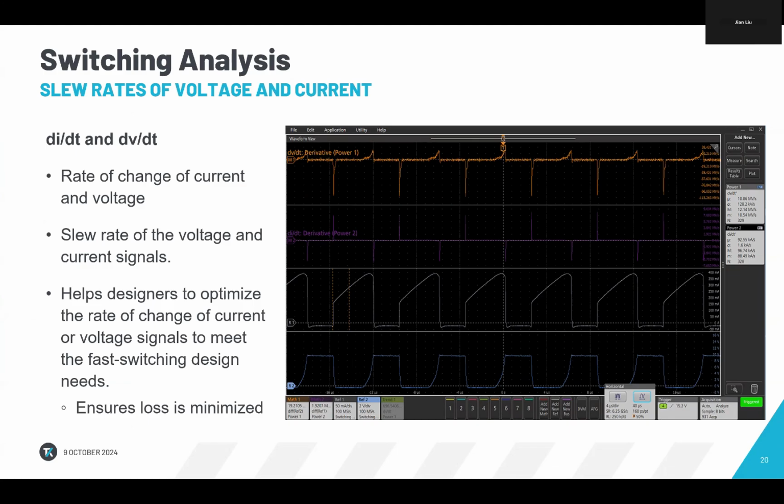continuously the switching periods, and we can find out even some clues or even some trends inside this kind of slew rate measurements, because sometimes it's maybe not stable. If you change a little bit, it might have some other unknown issues inside. But in traditional or conventional measurements, if you are measuring DVDT or DIDT, you can just measure one instance in one acquisition. If you need to, you continuously acquire the waveform to get a